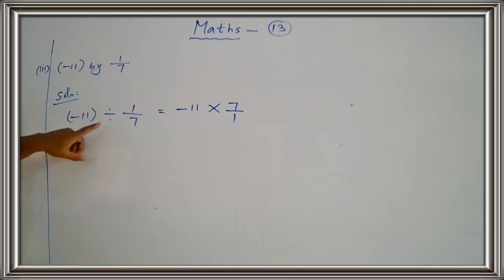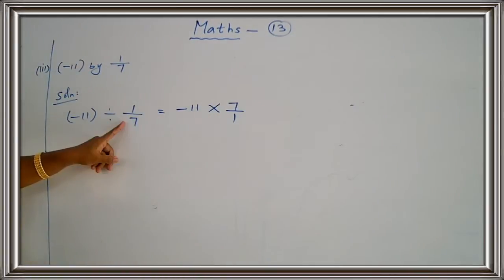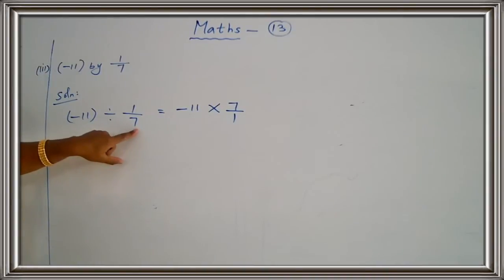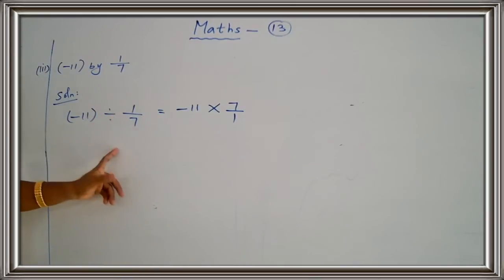Now, you see the question. Minus 11 divided by 1 upon 7. So, minus 11 multiply. In division, we multiply the dividend by the reciprocal of the divisor. Okay. So, எப்போவுமே division வந்துருந்துச்சுனா என்ன செய்யணும்? அந்த சிம்பலை நம்ம என்னவா மாற்றுவோம்? மல்டிப்ளையா சேஞ்ச் பண்ணும்போது என்ன செய்யணும்? Divisorோட reciprocal. Here divisor is this. Yes. So, what is the reciprocal of 1 upon 7? 7 upon 1.